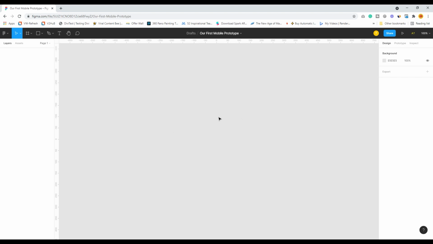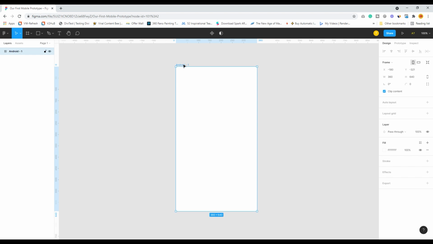Right, great. It is still in the drafts mode, and by default Figma continuously saves your file, so you are protected. The first thing first, as I have told, you have to click on the frame, press F or click on this frame icon. As soon as you click on the frame icon, you are given all this type of interfaces. I will create a phone interface, so I will click on the phone and I will select, say, an Android